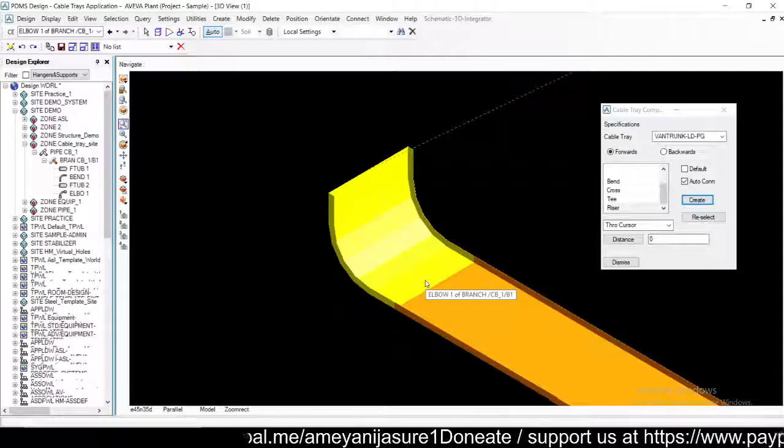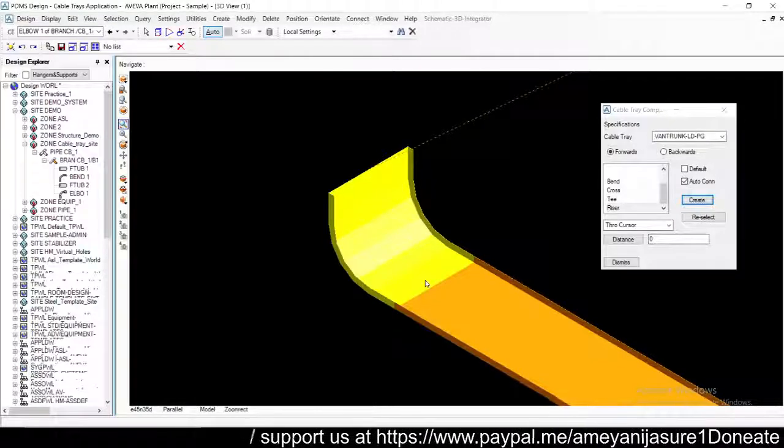So the internal one is basically taking the cable tray with the bend. So it is adding a riser with internal diameter. Depending upon the direction and the opening of your cable tray, this internal riser will go up or down. In this case it is going up.